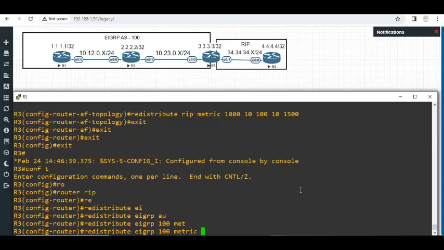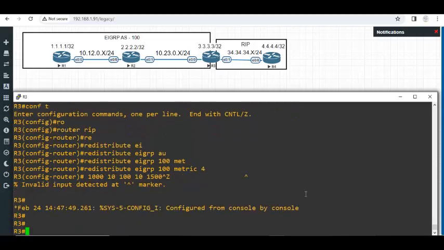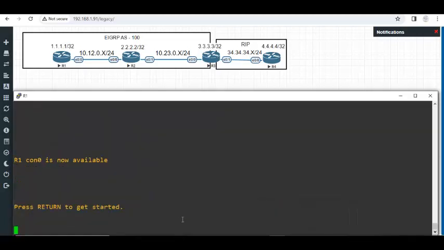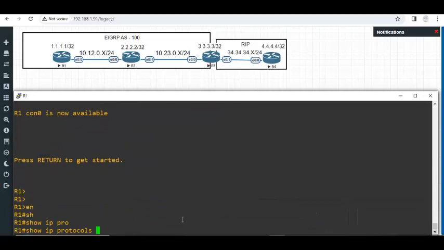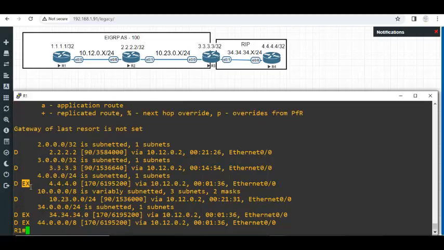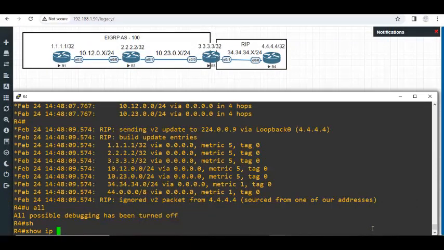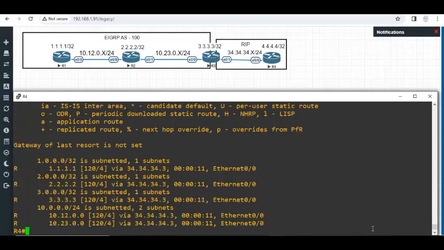Okay. Now if you go to router 1, you should see the routes from RIP. Show IP route EIGRP. You see those EX 170 are coming from another protocol. Likewise, if you go to router 4 and type show IP route RIP, you can see those networks coming from EIGRP. Ping 1.1.1.1 with a source of 4.4.4.4. I'm able to ping. So you just try to